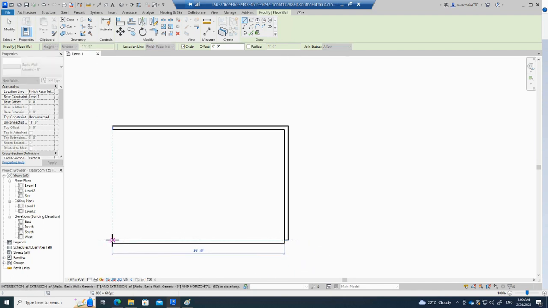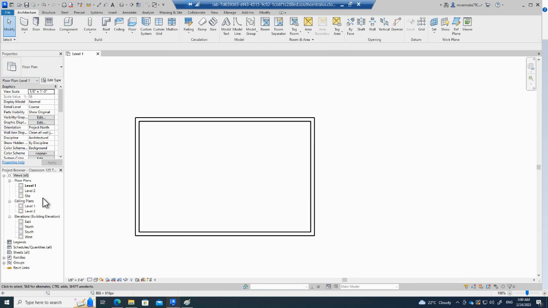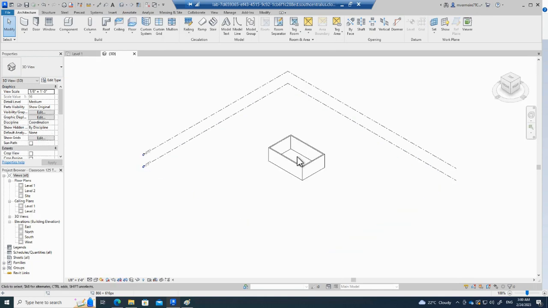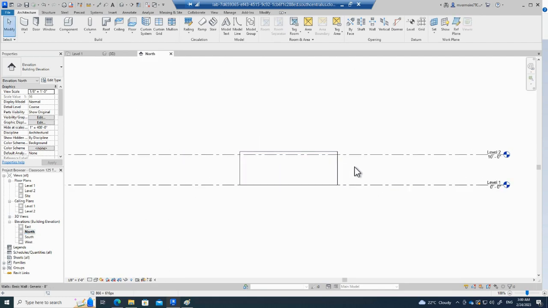Since we know the dimensions, it actually lines up with the end of the wall, and you can just close the rectangle like that, and then hit enter. So that's our sheet. To see the wall heights, you can open up a 3D view by using the default 3D view. You can also use elevations to become normal to